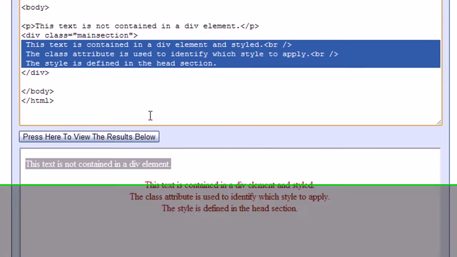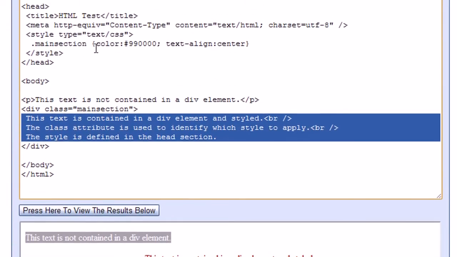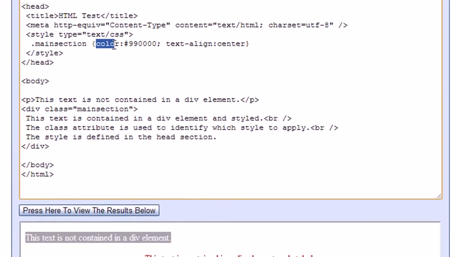This was accomplished in the CSS style that we had up here. Right here we had set the color, and then following that we had text align, and we set that to center. Both of these properties, the color and the text align property, were applied to everything that's between the opening and closing div tags. I'm now going to add another property to the CSS style here, and this property is going